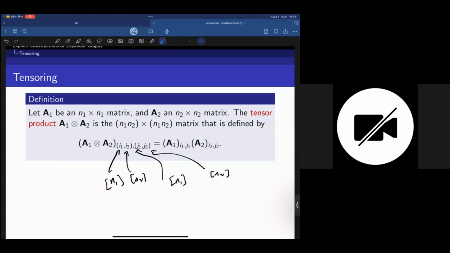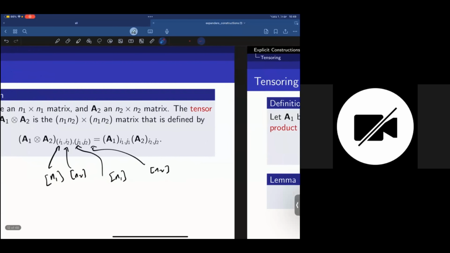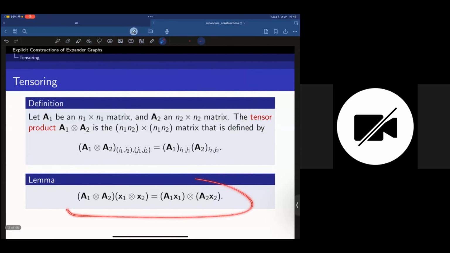It's really non-revealing, I mean, what's going on here, it's just a definition, but it's kind of a definition in terms of after we chose a basis and we see the entries. The right way to think about it is like that. So A1 tensor A2 is the unique matrix that satisfies this. So it's the matrix that if you apply it to a tensor product, again with the appropriate dimension, x1 is n1 dimensional and x2 is n2 dimensional, then that matrix is the unique matrix that satisfies this equality,